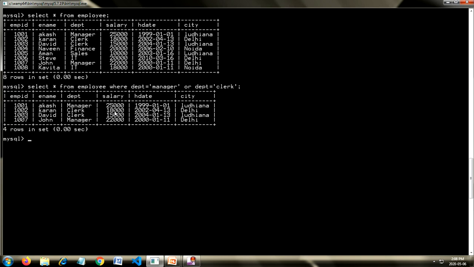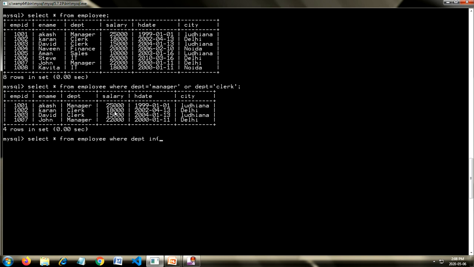So to shorten that, we have one more operator, which is equivalent to the OR operator, which is the IN operator. So the same query can be written like SELECT *. Of course, instead of star, you can take your required fields also, FROM employee WHERE department IN.